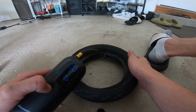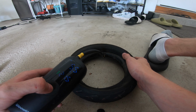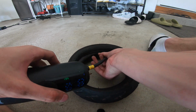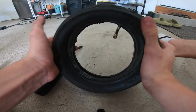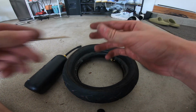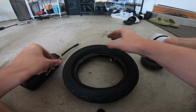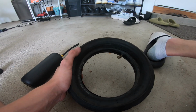If you have an electronic one, keep it going, and at about 5 psi, 6 psi, whatever it is, you're gonna want to make sure it has a perfect fit. So there it is, completely secure in there. You cannot take it out. If you have too much air, all you could do is take one of your Allen keys, take it out. But now your tire is completely in there,